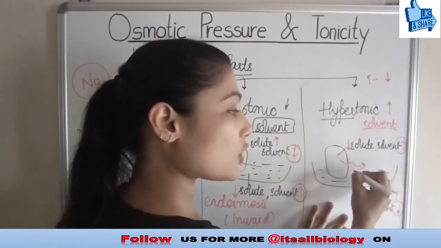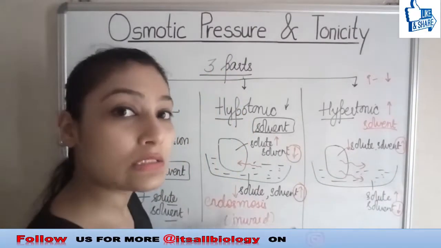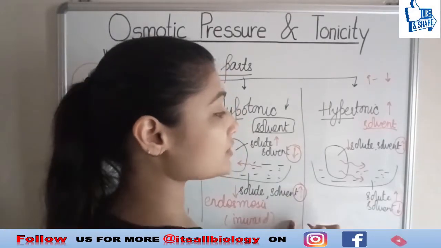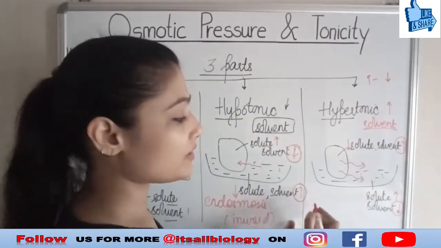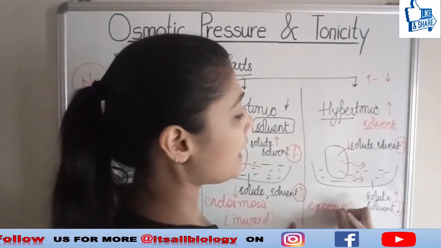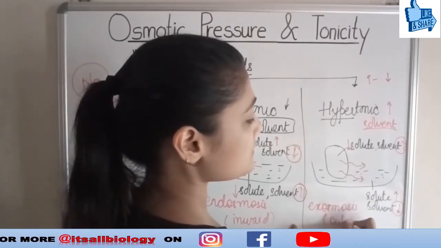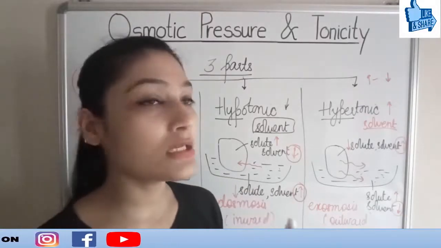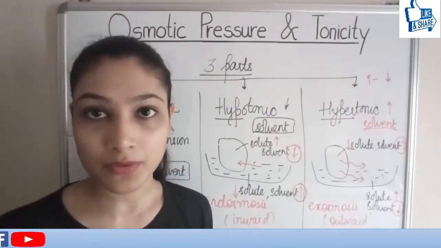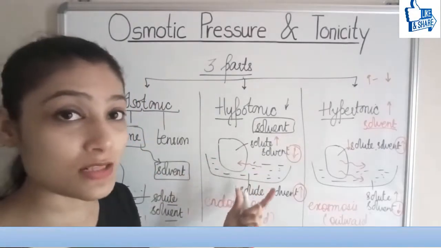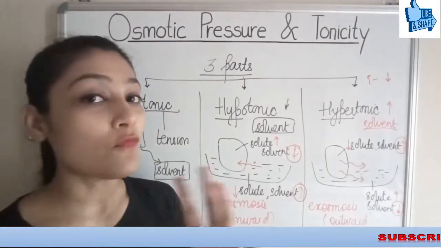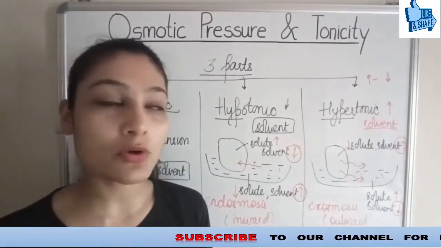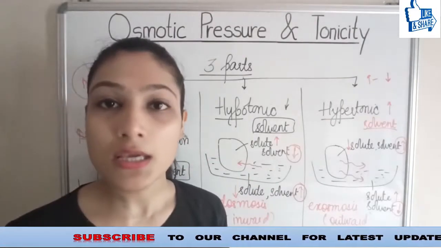So, the movement of solvent is going to be in the other direction now, from inside to outside, and such a situation is going to result in shrinkage of my cell, which is nothing but exoosmosis. That means solvent is moving in the outward direction. These three terms are important. Iso means same, hypo means lower, and hyper means more. More what? Solvent. Where? In the cell. These 2-3 things you have to remember, and then this whole topic is going to be easy for you.